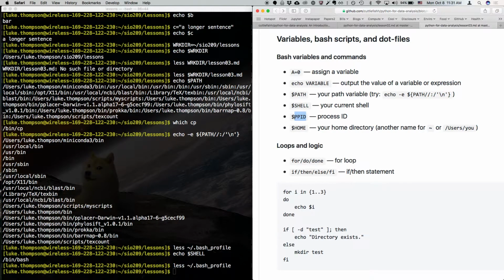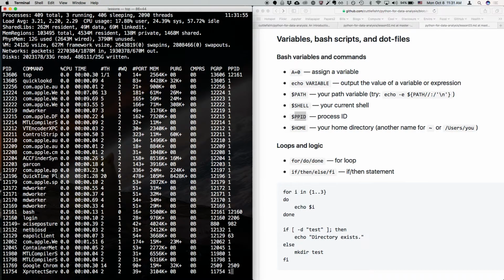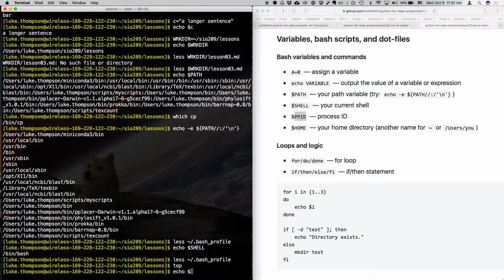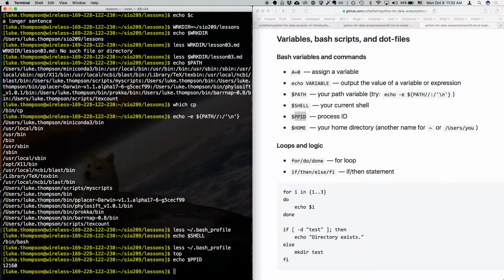Okay, we also, last time, covered this command top. If we type top, we'll see all these processes running on our computer. There's a lot of information here, but let's see. I think bash is what we're running right now. So 12161 or 12160 might be the process we're currently in, not including top. If we do echo $PPID, yeah, it's 12160. So it's that login command because we're in a login